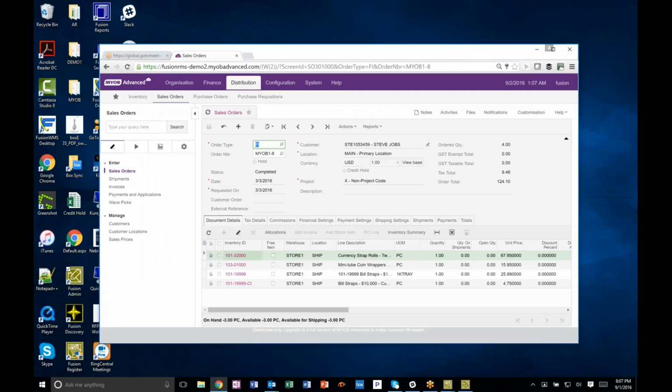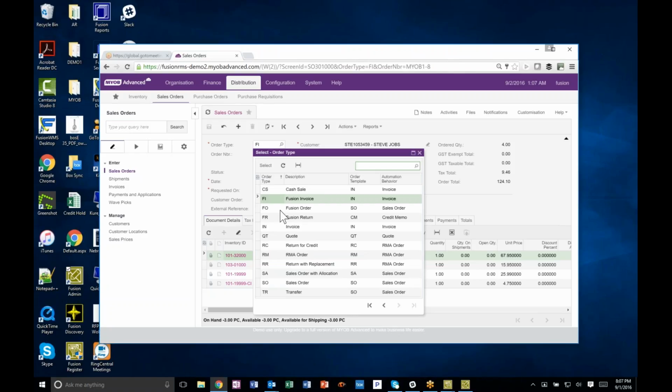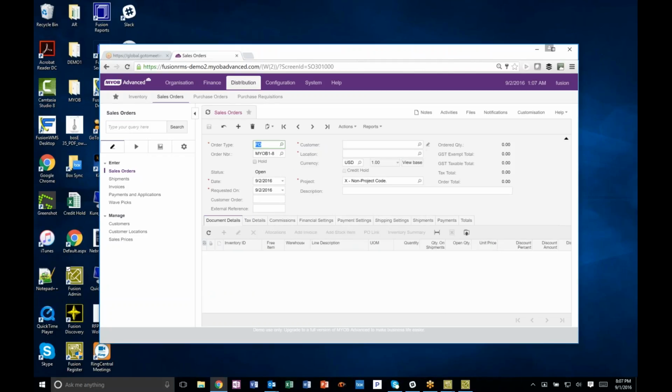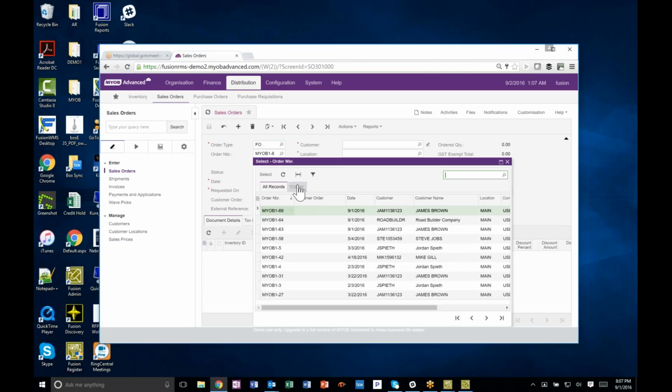Now, the differentiation between a Fusion invoice and a Fusion sales order. An invoice is a closed transaction, meaning cash and carry. I don't need any more. There's nothing going to happen. An order has something left over. Like in this case,